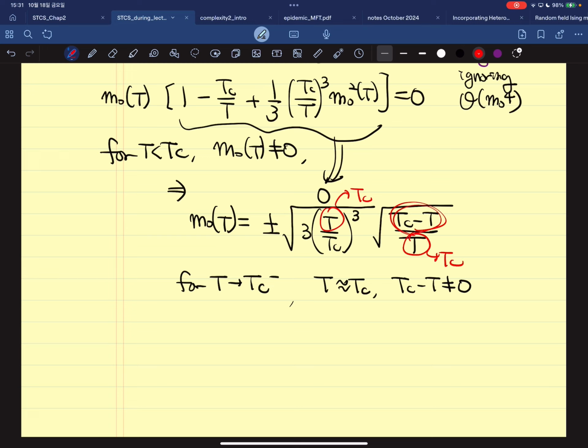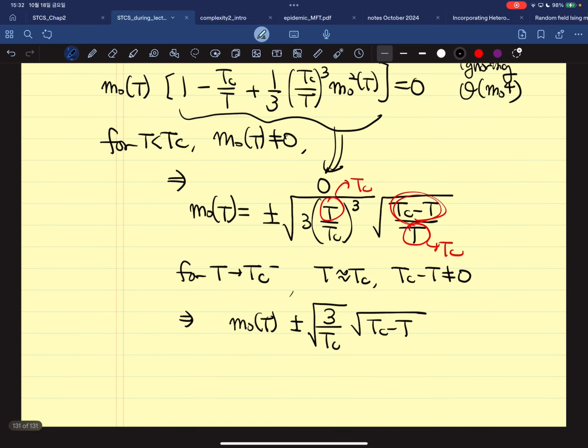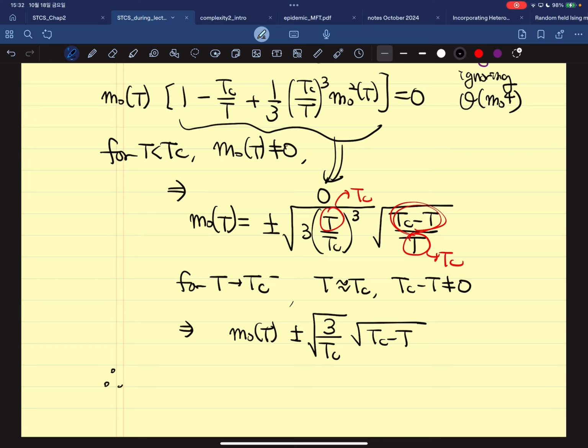We will keep this one. Then this one becomes plus or minus the square root of 3 over Tc multiplied by Tc minus T. So therefore,